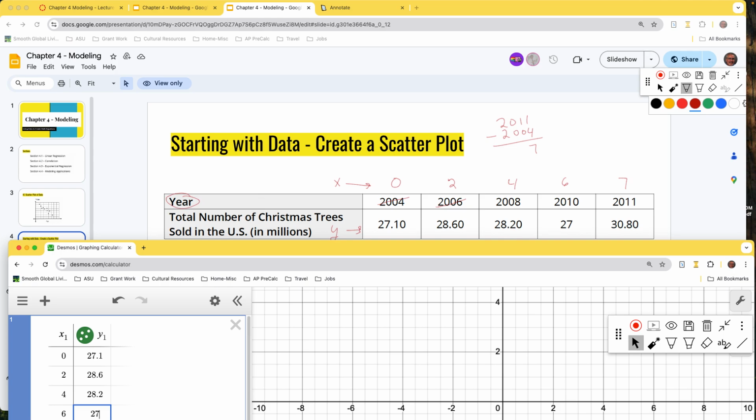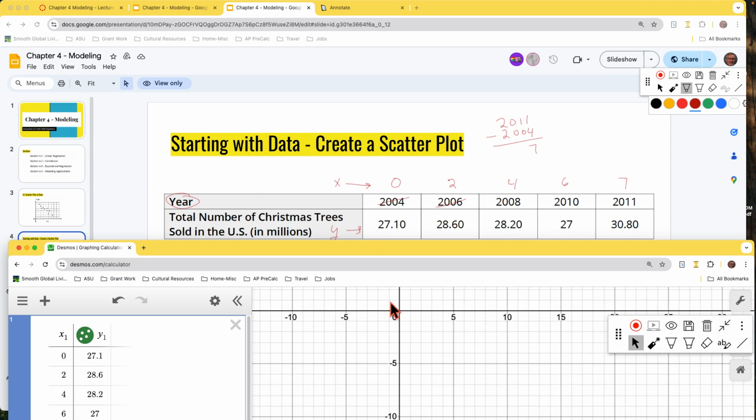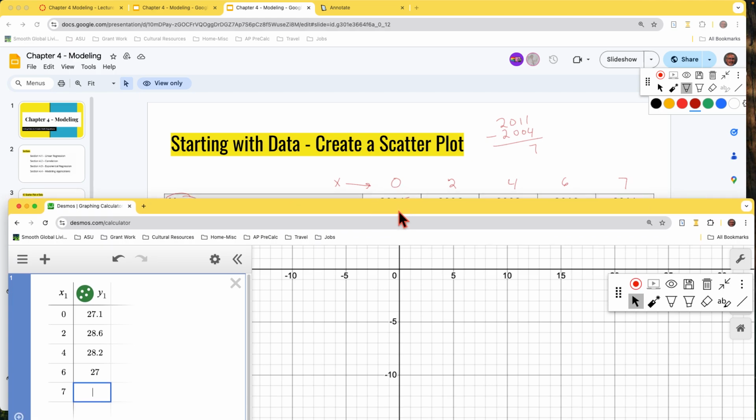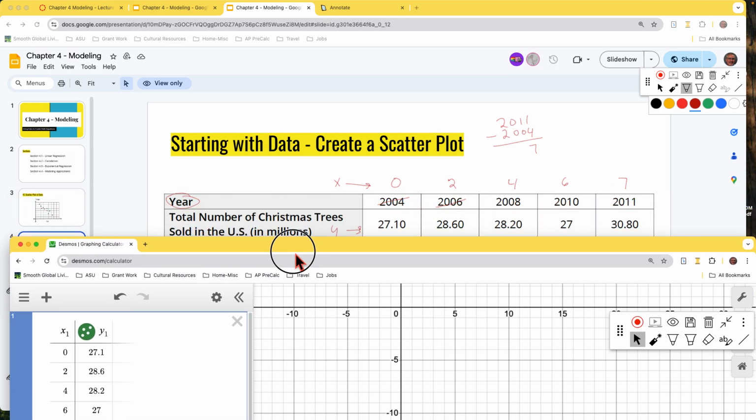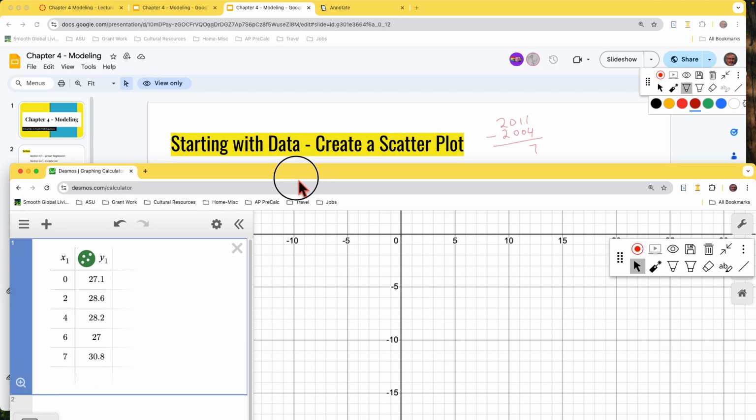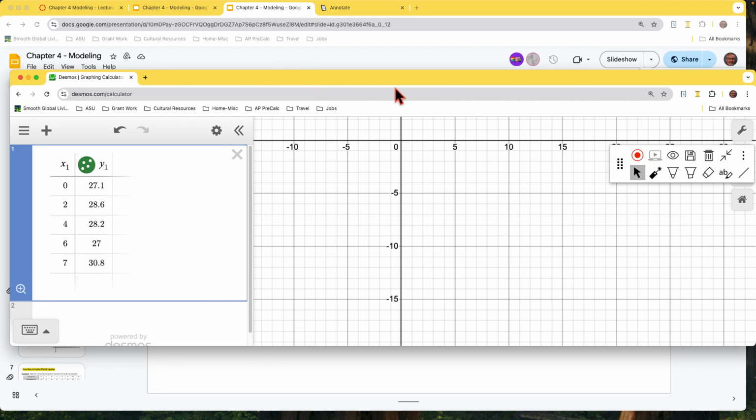28.2, 27, and oops, 30.8. So then 30.8. I feel pretty good. Let's just do a double check. Everything's in there correctly. All right. So I'm going to